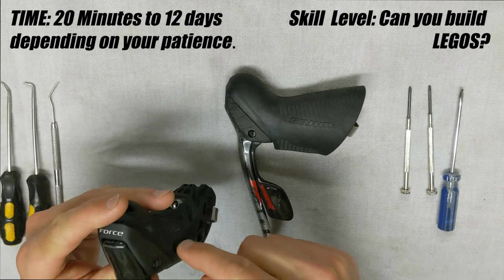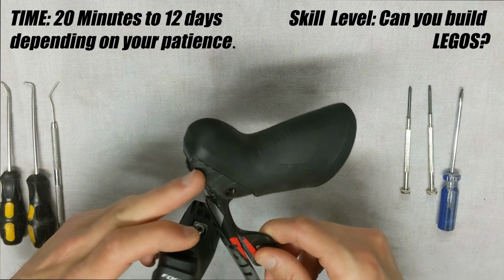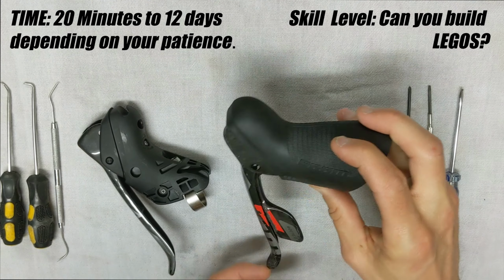The reason why I'm doing this is because I have a Force 22 on the right side and I just wanted to match a little bit better. I got a really good deal on this. You can see it's all scuffed up. So I decided to just take this and take the guts out, put it in this, and that way I can